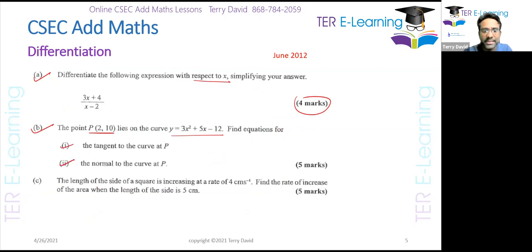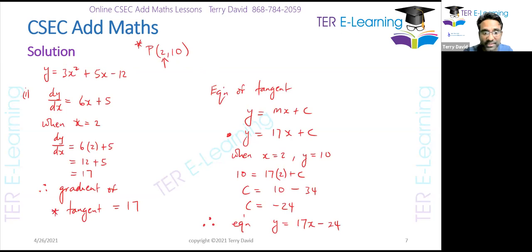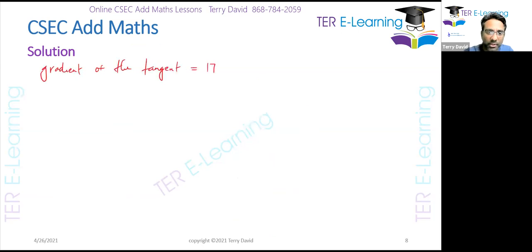The next thing we want to work out is the equation of the normal to the curve at the point P. Once you have the gradient of the tangent at that point, it's very easy to figure out the gradient of the normal. We know the gradient of the tangent, which we worked out in part 1, is 17. So if you want to know the gradient of the normal,